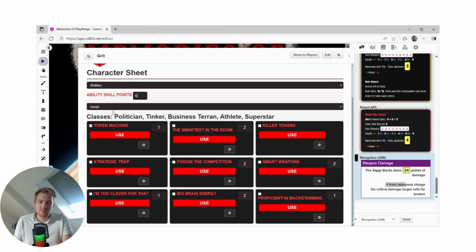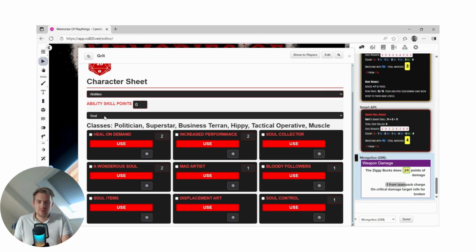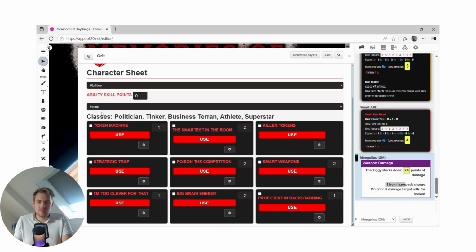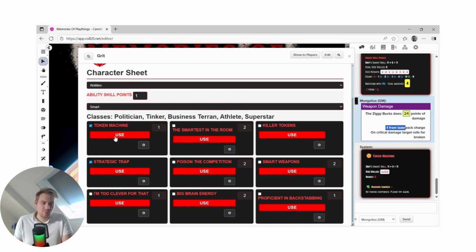We also have ability tabs. We can have ability tabs show up per class. So in this case, we are a politician. So you can see the Tinker won't open and the bulk and weapon won't open because it has skills in smart and other skills. So if we put some points in, we can now activate some of these things. The ability points will go down if we activate them, and we can start rolling some of these abilities. And some of these abilities will show, oh, you didn't succeed in this, and the dice rolled will also